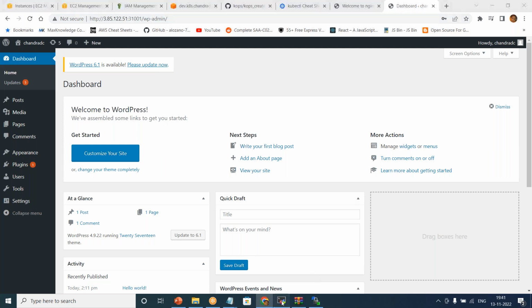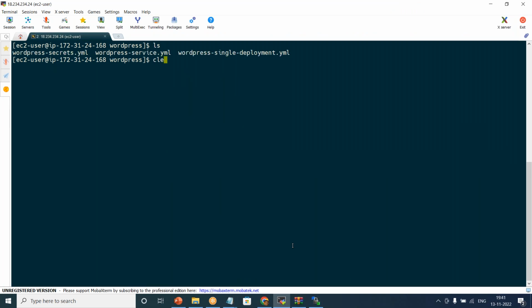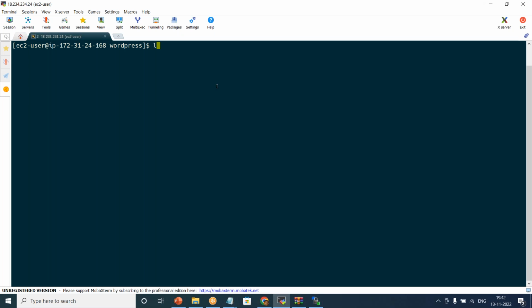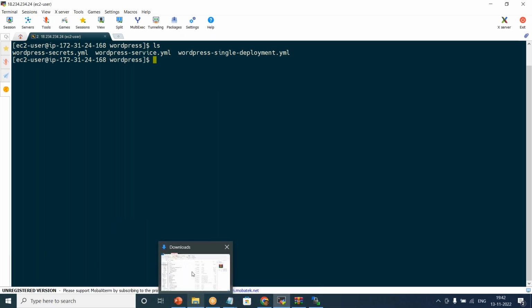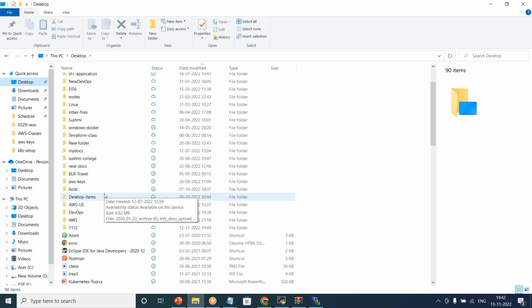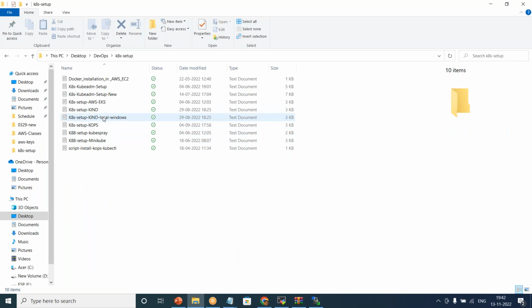Okay, so this is how you will be using some of the basics of Kubernetes. So you can go through more. I'll share some details and I'll share some additional videos which are taken for a deep dive Kubernetes session, and you guys can take a look at that as well. Okay, so if you want to do anything in your local, say for example you want to test your deployment in local, then use Minikube. Okay, Minikube is one that you can use for local testing, or you can also use this